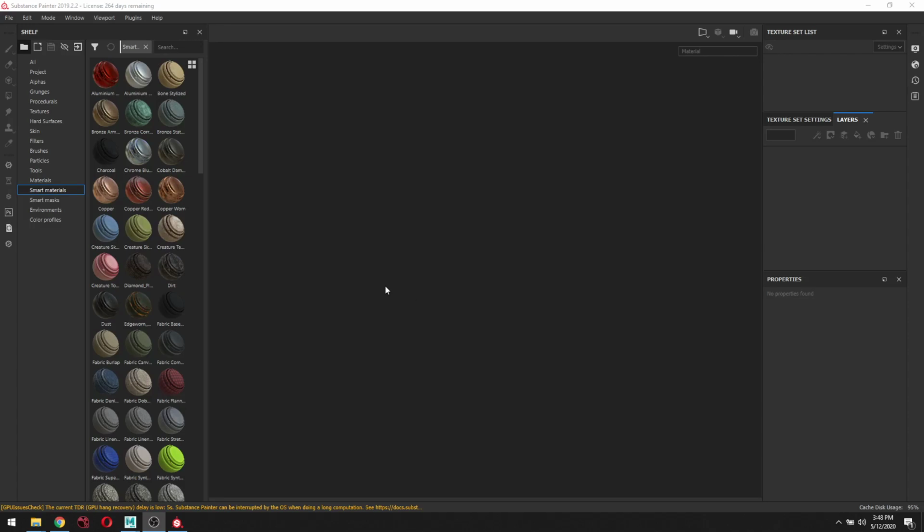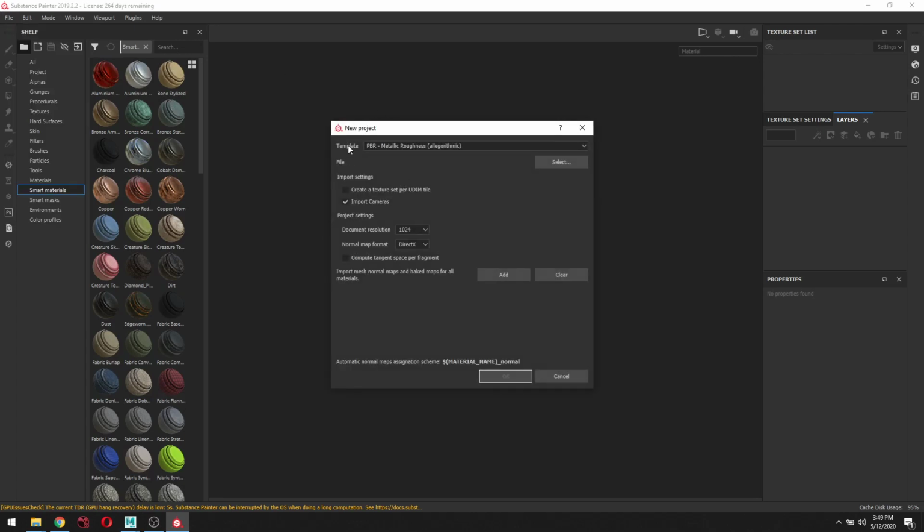Okay, so let's get started by importing our assets. We're going to go File, New, and here it tells you your template. You're set to PBR, and it gives you a list of options depending on what kind of project you're looking for: Unreal, it all depends. For this particular project, I'm going to leave it as is, PBR